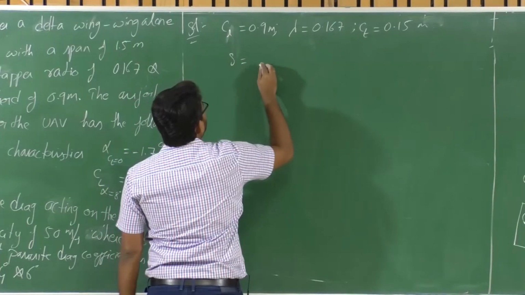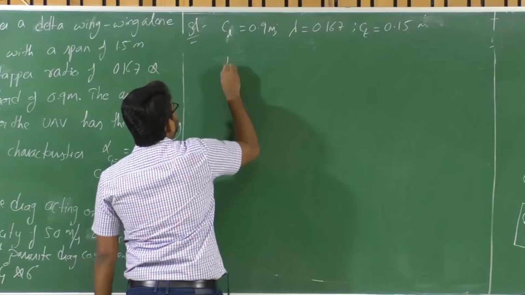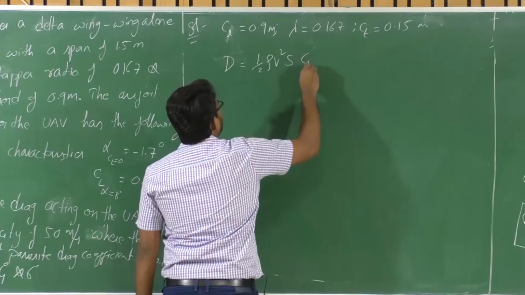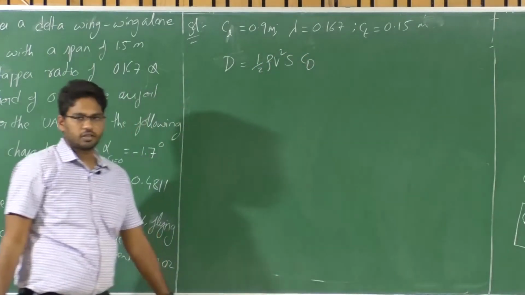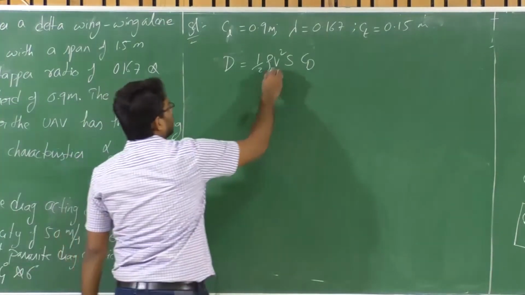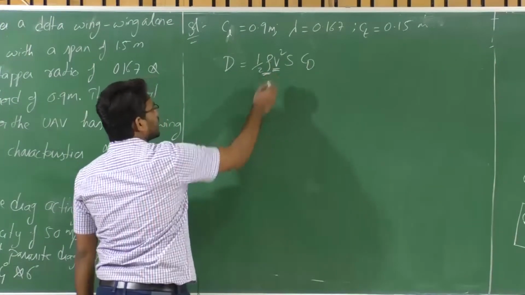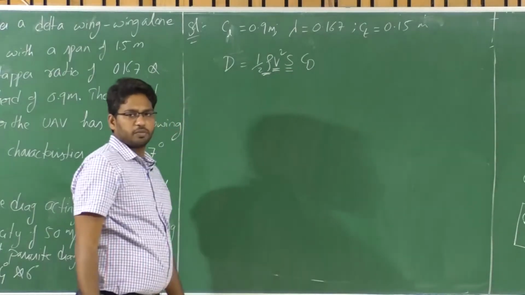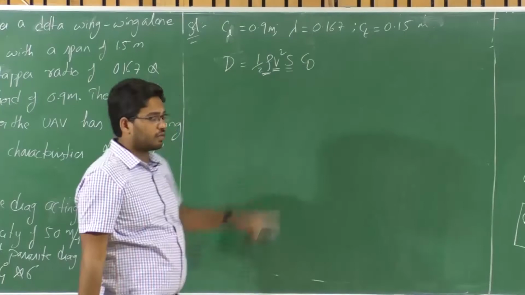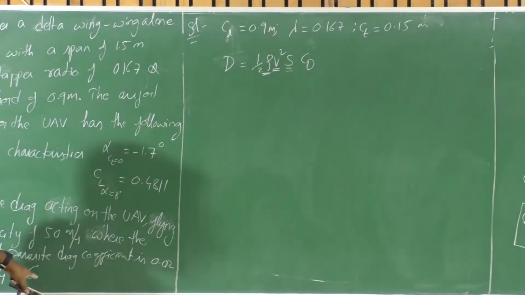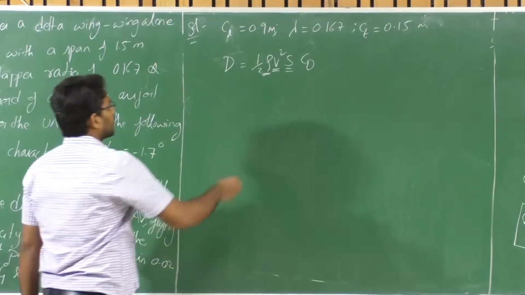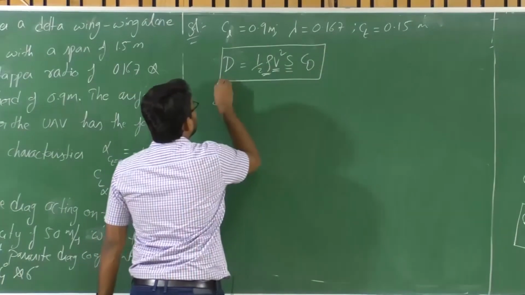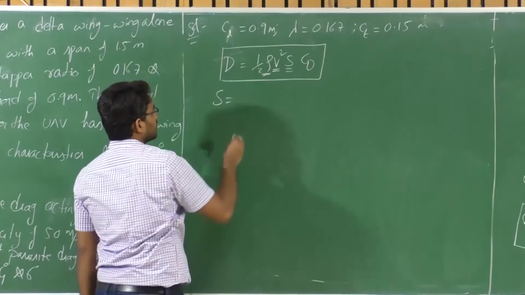What will be the area of this wing? In order to find the drag on this aircraft, I need to know half rho V square S times CD, isn't it? I know the velocity at which it is flying, and I know the sea level density. I need to know the corresponding wing planform area, as well as CD at alpha 4 degrees and at alpha 6 degrees. So how can I find that? First I'll try to find what S is for this configuration.